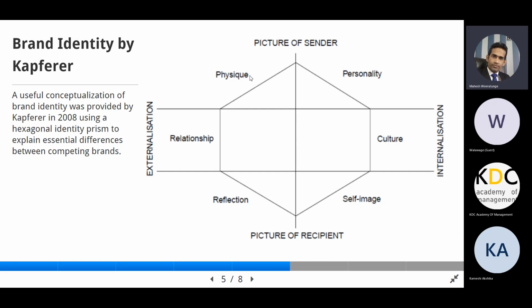Okay, this physique. Physique means what? Physique means the physical shape of the product you are creating to build a unique identity. I will tell you with an example. What do you call Toblerone, as an example? Toblerone has a unique physique